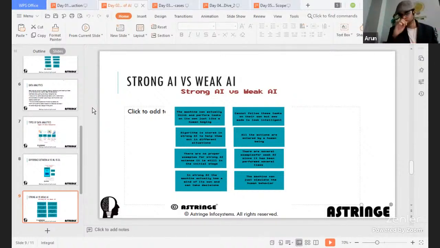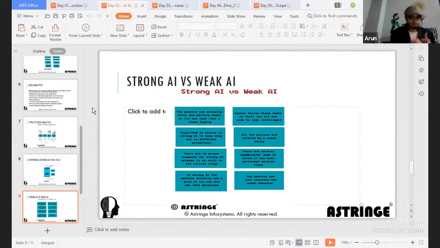Some of the places people are using it, I'm not denying. But generally, if I say, most of the AI applications which exist today, probably even chatbots, your predictive models, or your deep learning models, all of these come under the weak AI category. Now, if you ask me, all these are weak AI, what is strong AI? So strong AI are those AI models which are able to predict and learn on their own.